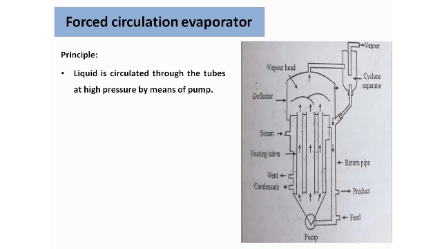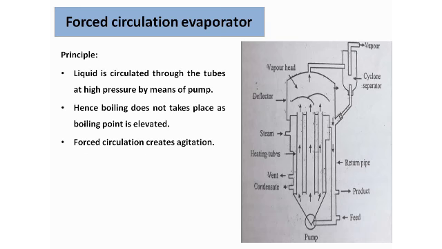The principle is that the liquid is circulated through the tubes at very high pressure by means of a pump. We are going to have one pump here, right? The boiling does not take place as the boiling point is elevated here. In the forced circulation, the pump forces the liquid, and upon forcing, the liquid is subjected to agitation, meaning mechanical shaking, which will increase the efficiency of the